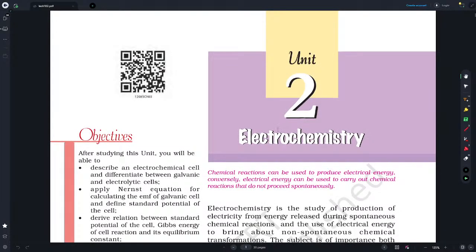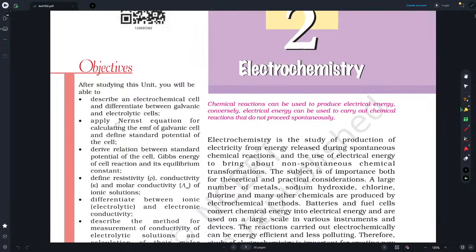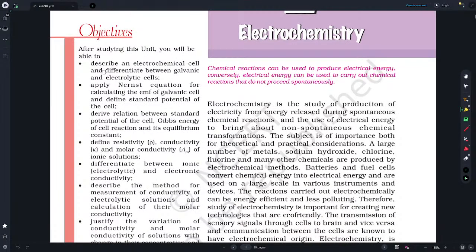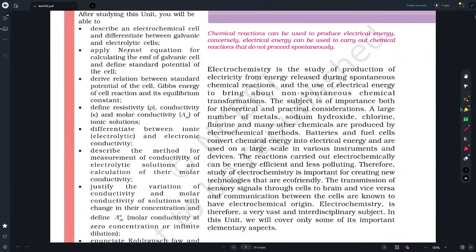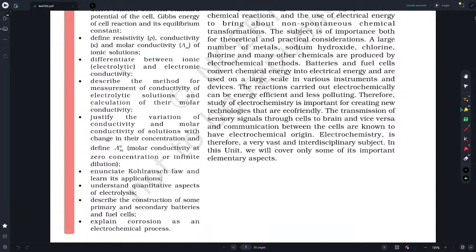Unit 2 of Chemistry, Electrochemistry. The objectives of this chapter being: describe an electrochemical cell and differentiate between galvanic and electrolytic cells, apply the Nernst equation for calculating the EMF of a galvanic cell and define standard potential of the cell, derive the relation between standard potential of the cell, Gibbs energy of cell reaction and its equilibrium constant, define resistivity, rho, conductivity and molar conductivity of ionic solutions, differentiate between ionic, electrolytic and